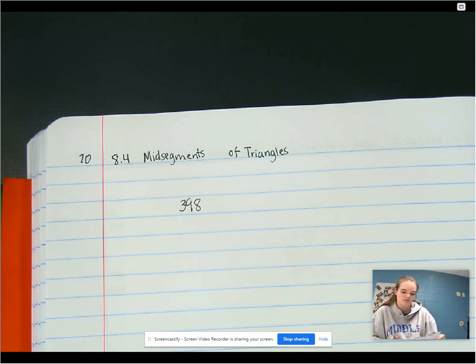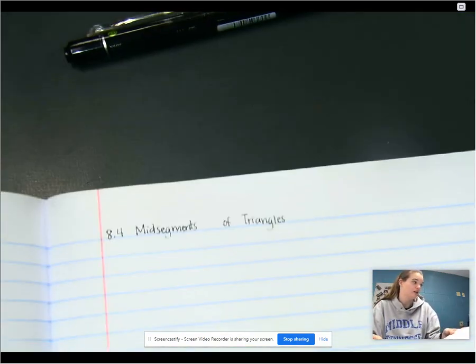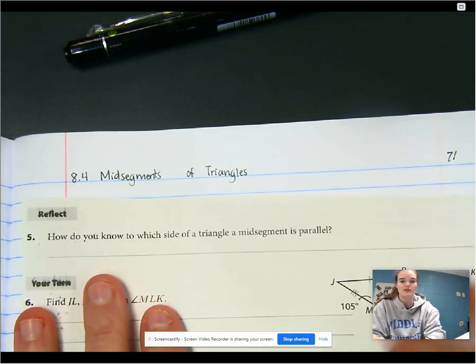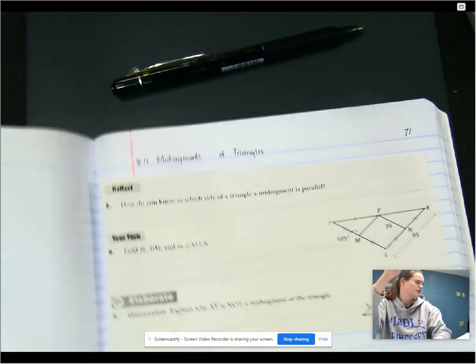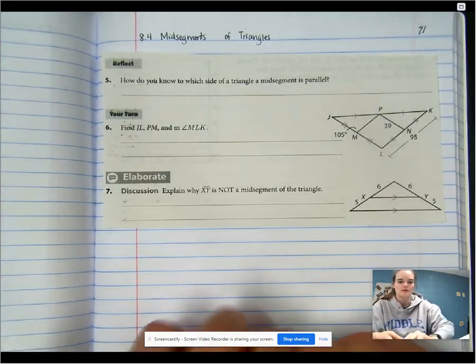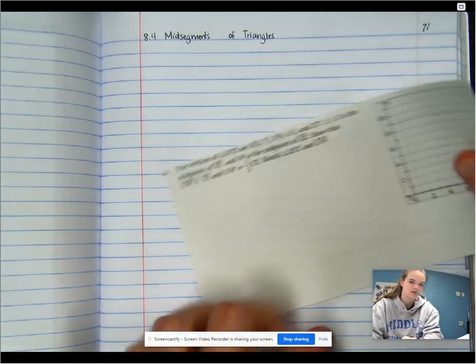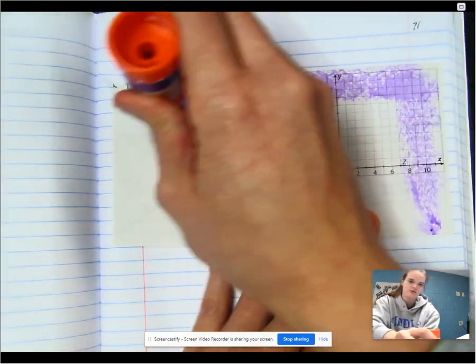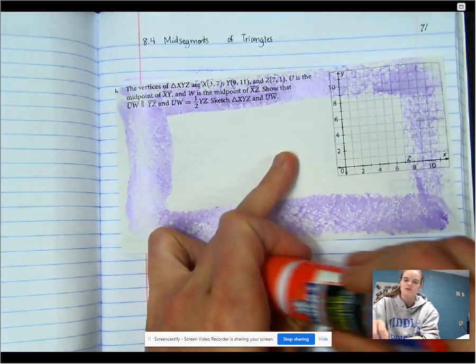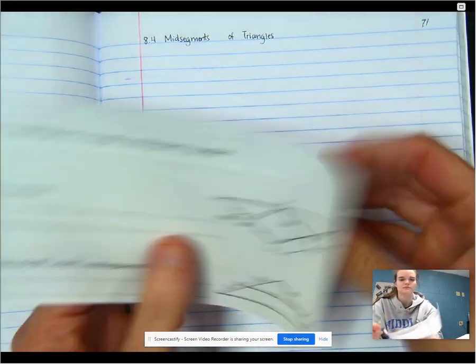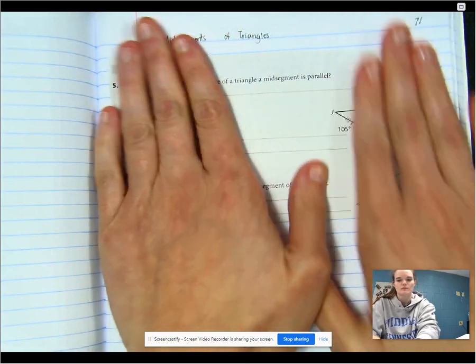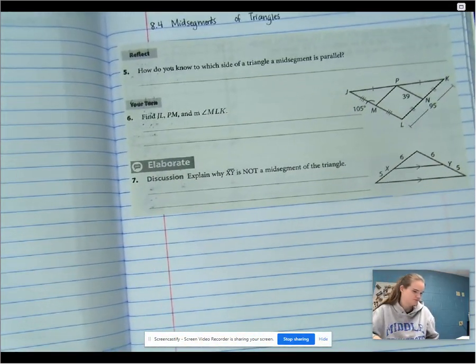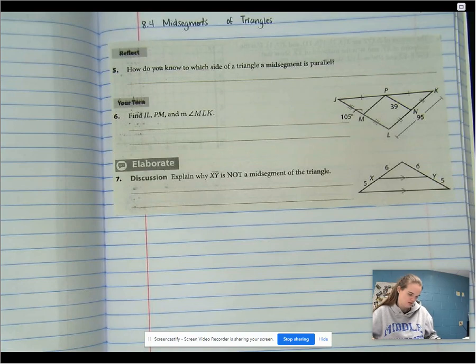Okay, so from 398, you need 5 through 6 all cut together. I'm going to go ahead and glue that in on page 71, not 70. So on 71, I'm going to glue in 5 through 7. And then we'll get the rest of it and put it on 70, sorry. Okay, and then